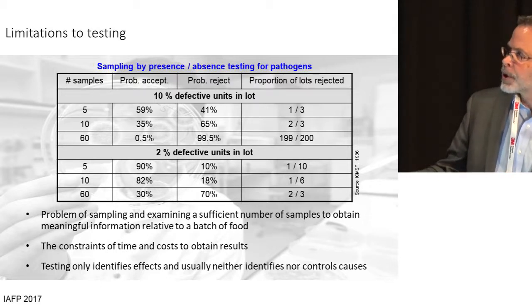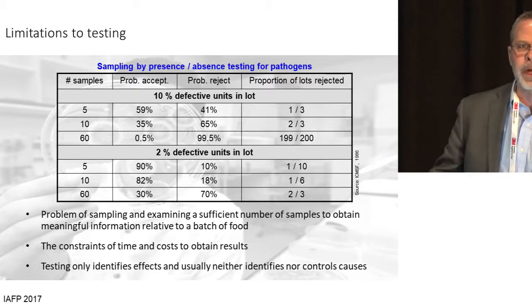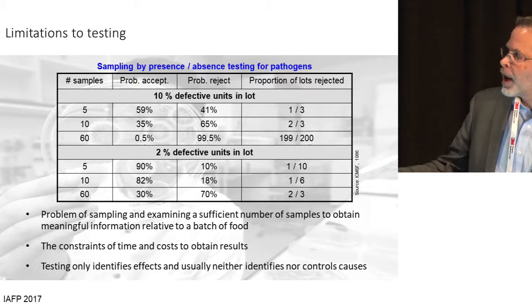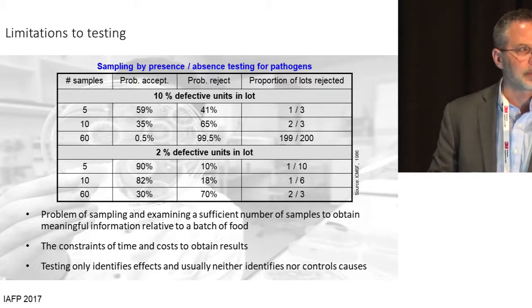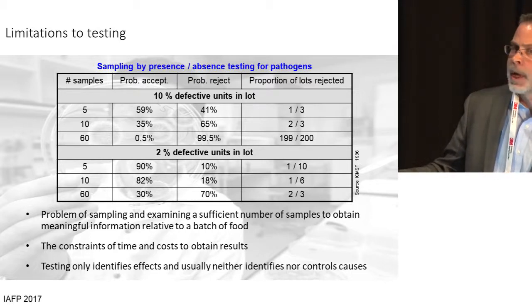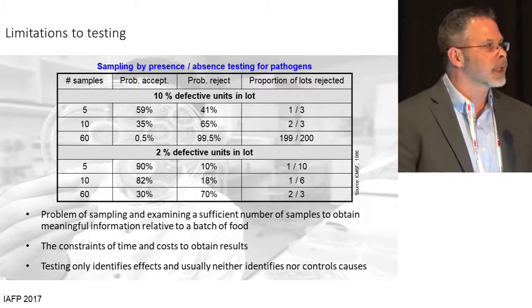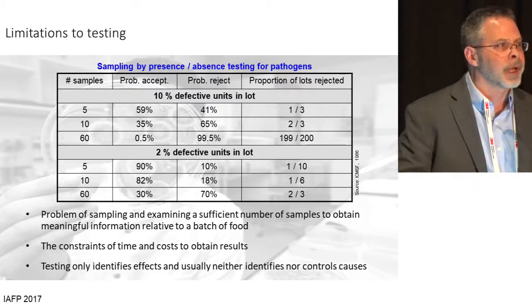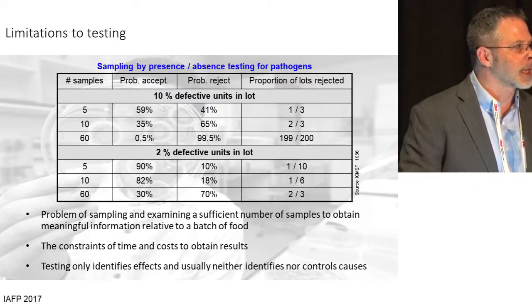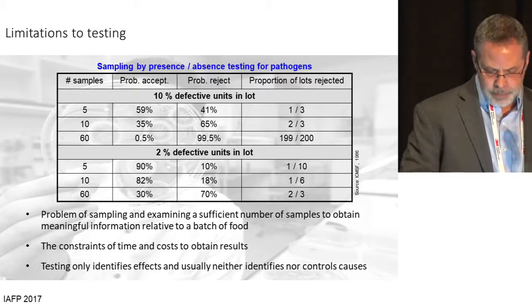If I'm looking at 2% defective units, which is still in some processes a relatively high level of defective units, 1 out of every 10 I'm rejecting, and 9 out of 10 I'm accepting. So 9 out of 10 times, 90% of the time, I'm thinking that lot's okay because I'm not seeing these 2% defective units. And I'll tell you, if we look at chocolate, if we look at a dry product, that's actually still a relatively high number of defective units if we have a sporadic contaminant. We're not going to be able to find that contaminant through use of testing.